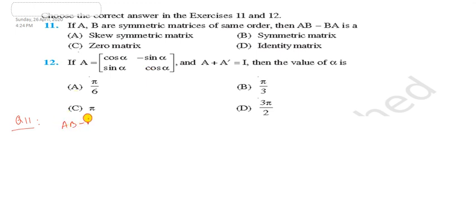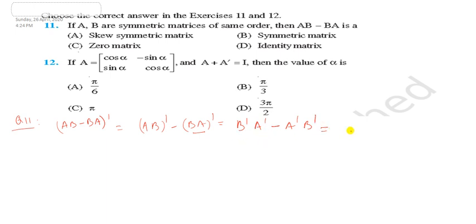Look at this. This is AB minus BA. So we have to show whether it is a symmetric matrix or a skew symmetric matrix. For that I am just finding the transpose. For testing any matrix to be symmetric or skew symmetric, you just find the transpose of that. So it will be (AB minus BA) whole dash. So this is A dash B dash minus, sorry, I have made a mistake. You might be knowing what mistake, because this is not A dash B dash, this will be B dash A dash. Similarly it will not be B dash A dash, it will be A dash B dash.